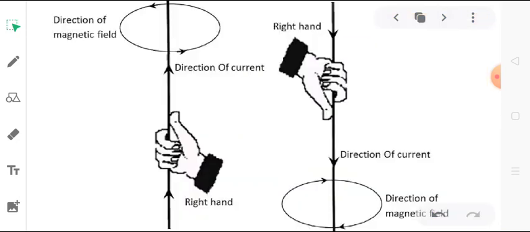We can apply this rule in determining the direction of magnetic field in two situations. If the current is flowing in the upward direction, the thumb is pointing upward, then the field is in the anti-clockwise direction. And if the thumb is pointing downward, the current is flowing downward, then the direction of magnetic field is clockwise. So depending upon the direction in which current is flowing in any circuit, we can determine very easily the direction of magnetic field using Maxwell right hand thumb rule. And I must tell you that this is the rule that is mentioned in your textbooks commonly.